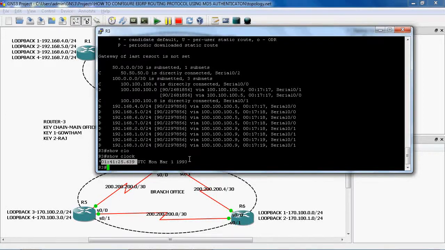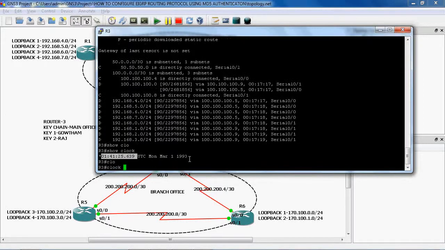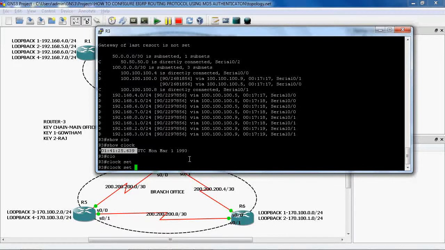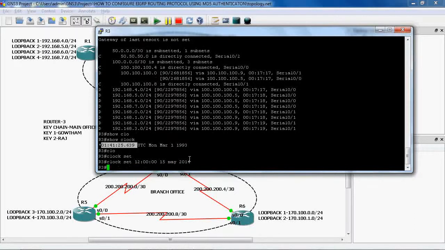So we can set the clock. We can mention the time as 12:00:00, the day as 15, the month as May, and the year as 2014.